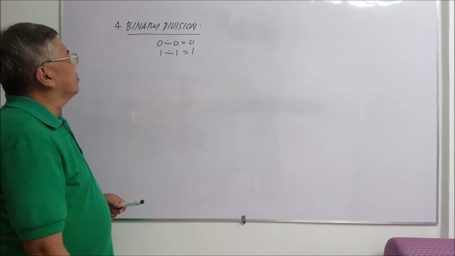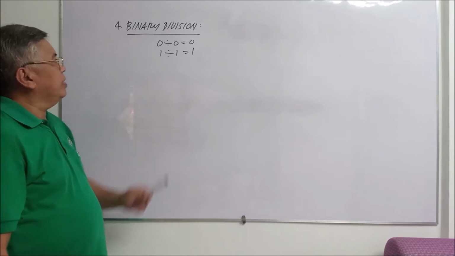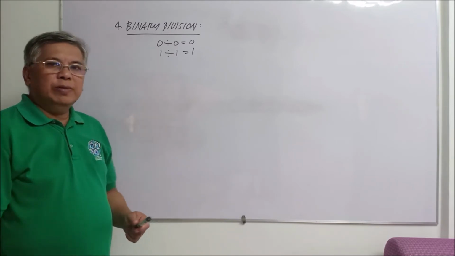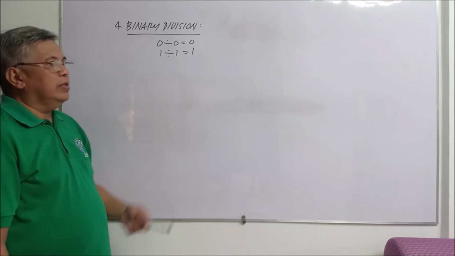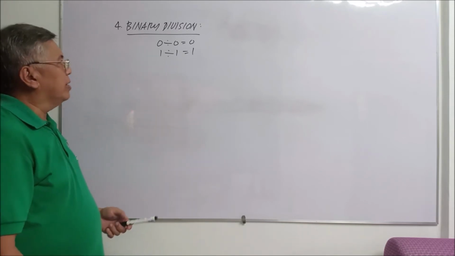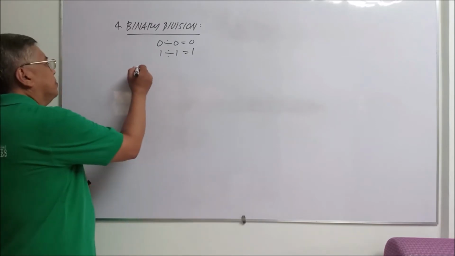Binary division. So we have here a table. 0 divided by 0 is 0. 1 divided by 1 is 1. Okay, so example,